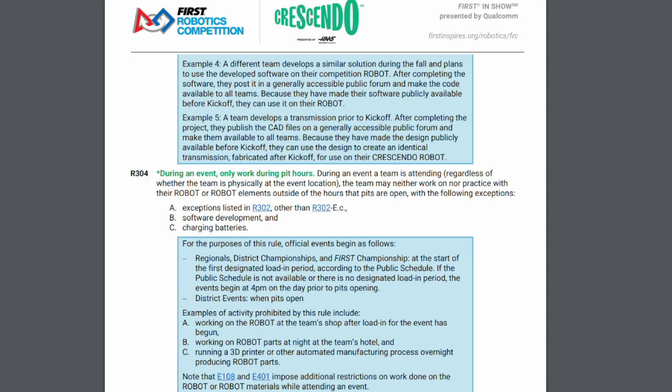R304. During an event, only work during pit hours. During an event a team is attending, regardless of whether the team is physically at the event location, the team may neither work on nor practice with their robot or robot elements outside of the hours that pits are open, with the following exceptions. A. Exceptions listed in R302 other than R302-E.C. B. Software development, and